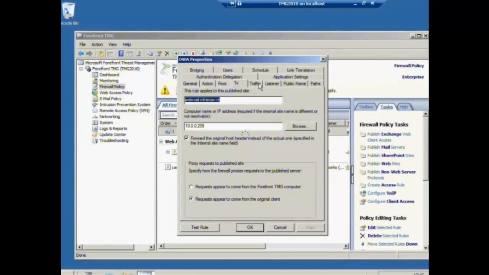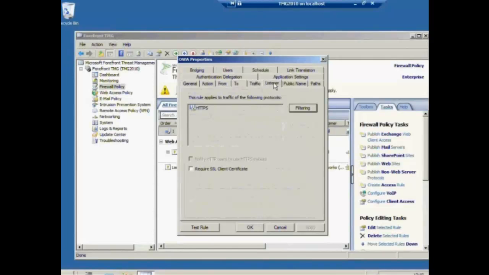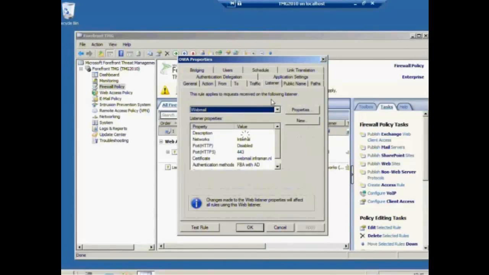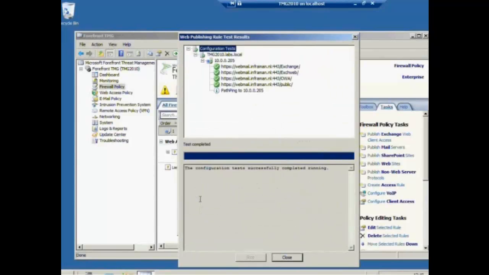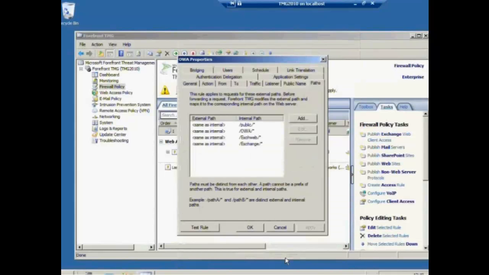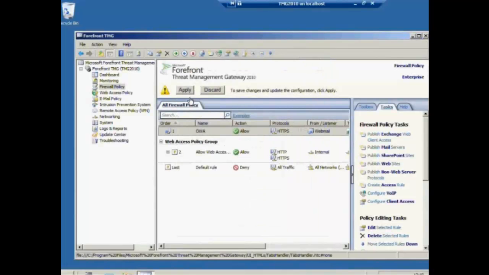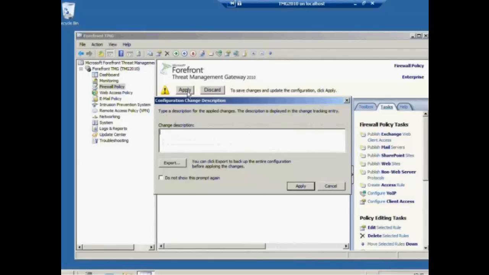Apply. Here is my listener, and here I have the path. I can say okay, test rule. All options are green here. I have to apply again.